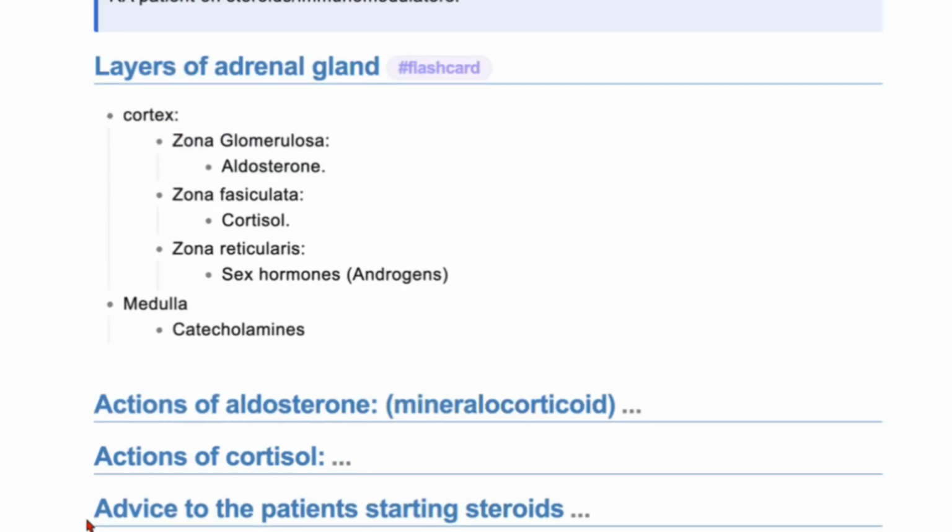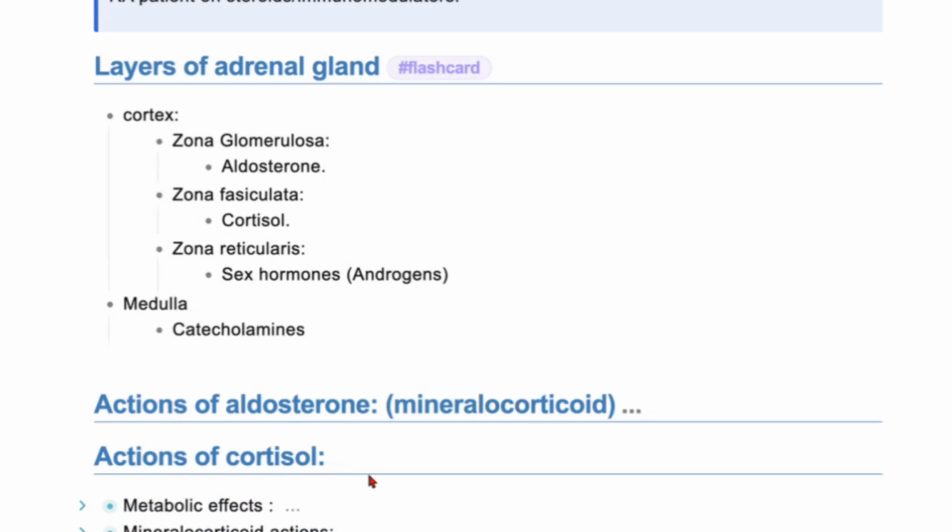What are the actions of cortisol? So the actions of cortisol are carbohydrate metabolism. It allows breakdown of carbohydrates, causing hyperglycemia. It also causes the stimulation of amino acid uptake, and also can cause the action of lipase. So it causes fats to be broken down. So it's mainly catabolic. Then you have the mineralocorticoid action of cortisol, which causes the stimulation or secretion of sodium